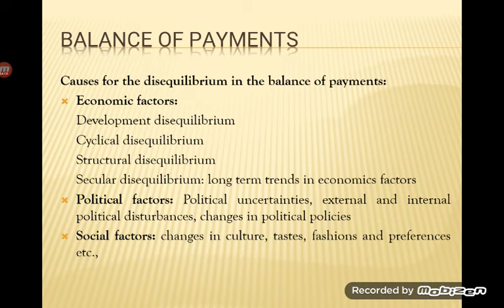Under economic factors, the first factor is development disequilibrium. It mainly includes those economies which are still considered developing countries. For example, India is one important developing country in the world. In order to achieve a higher level of economic development, as economic activity is so brisk, it is inevitable for the government to undertake various development projects, such as providing infrastructural facilities, social goods to people, or construction of bridges, dams, etc.